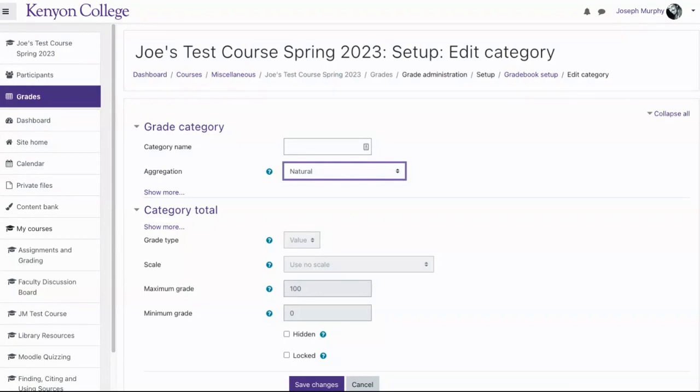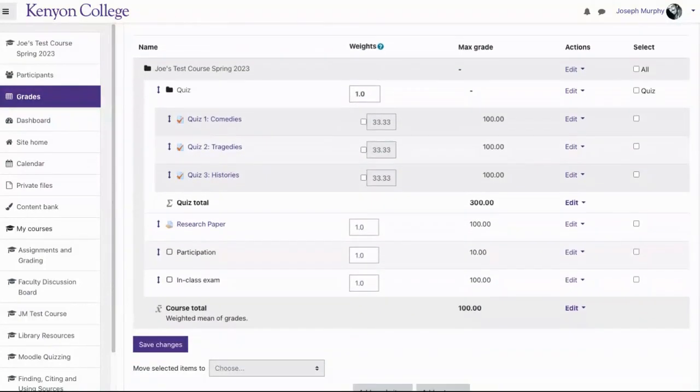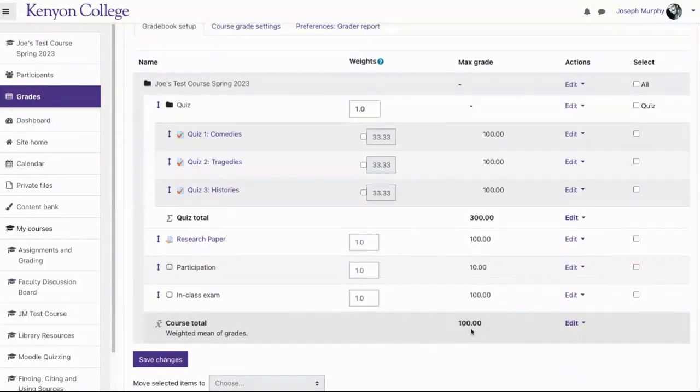What most people end up wanting, if they don't want the natural mode, is the weighted mean of grades, which just averages everything out. It's a weighted average. You don't actually have to have everything equal 100 in this point, but I find I make a lot of mental errors in my math if I don't.